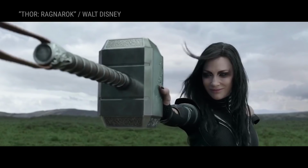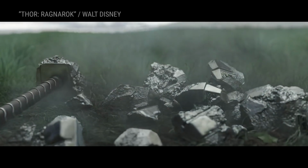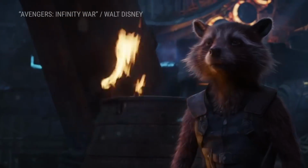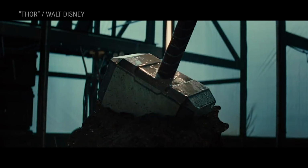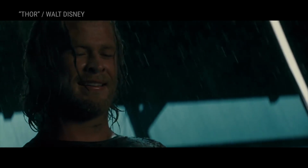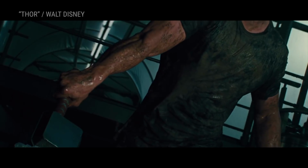Now we know that Thor's hammer has gone away, and it is replaced in Infinity War with a new weapon. And so what you get is a little bit of a taste, a closer look at how such weapons are manufactured. And that's sort of a fun thing, because you can then speculate about whether the properties of those instruments